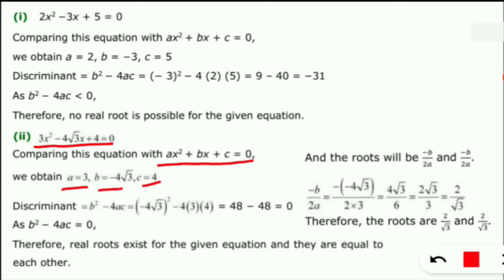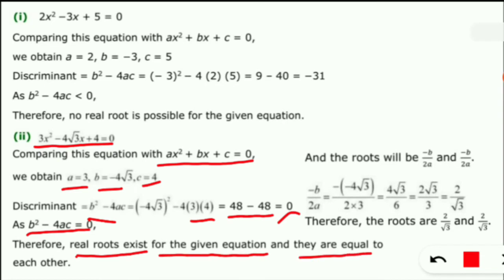Now the discriminant equals b square minus 4ac equals minus 4 root 3 whole square minus 4 into 3 into 4, that is 48 minus 48, so equals 0. That means b square minus 4ac equals 0. That means the given quadratic equation has two equal real roots, or you can write, therefore, real roots exist for the given equation and they are equal to each